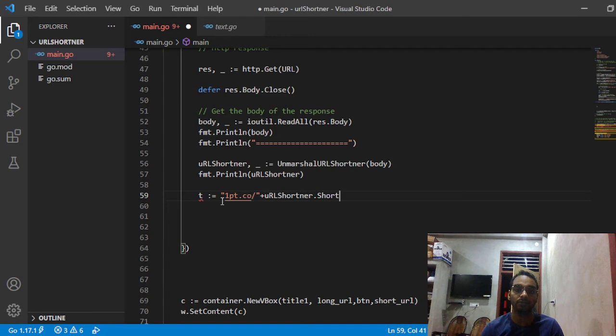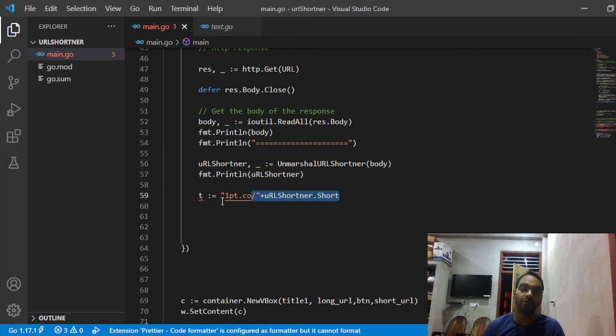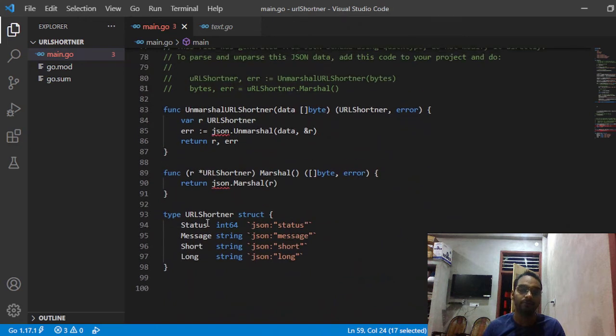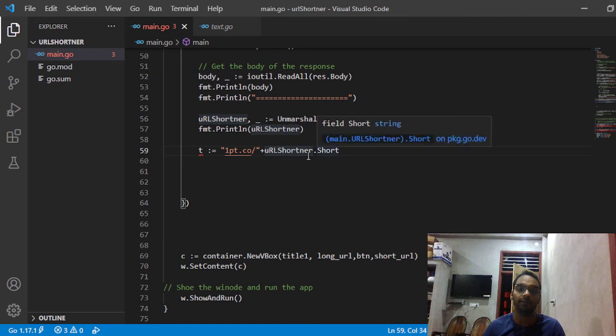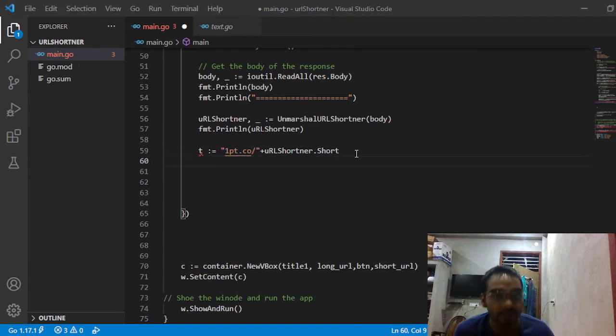Okay, so URL shortener has 4 different properties, right? It has a status, a message, and short and long. What we wish to get is short. This short URL here, we need to concatenate with this 1pt.co, and then we will print it in our second widget. So fmt.Println,